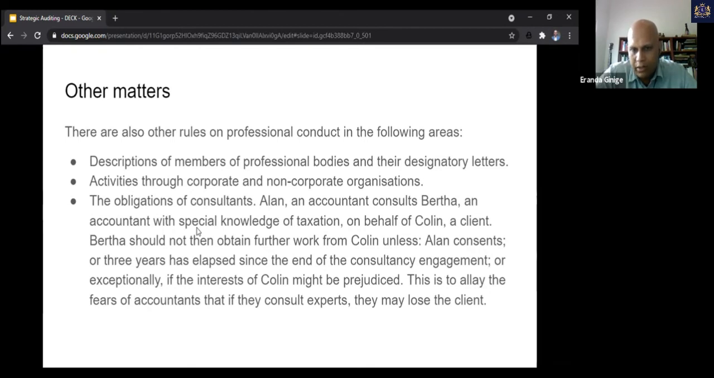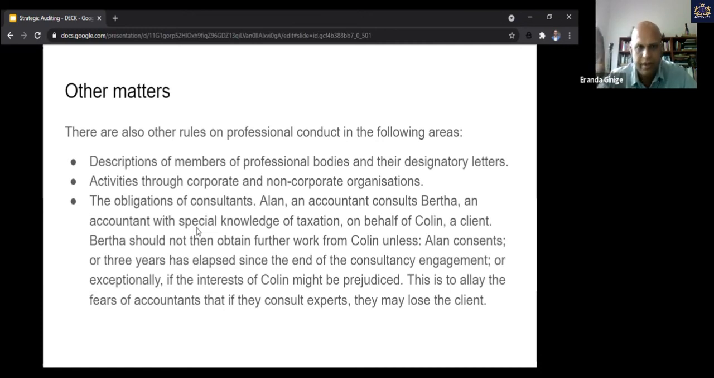So Alan is an accountant. And he consults Bertha, who is also an accountant, but having some specialist knowledge on taxation, on behalf of Colin, a client. So Alan's client is Colin, but Alan does not have speciality on taxation. So he consults Bertha. Now Bertha should not then go and obtain work from Colin, Alan's client, unless